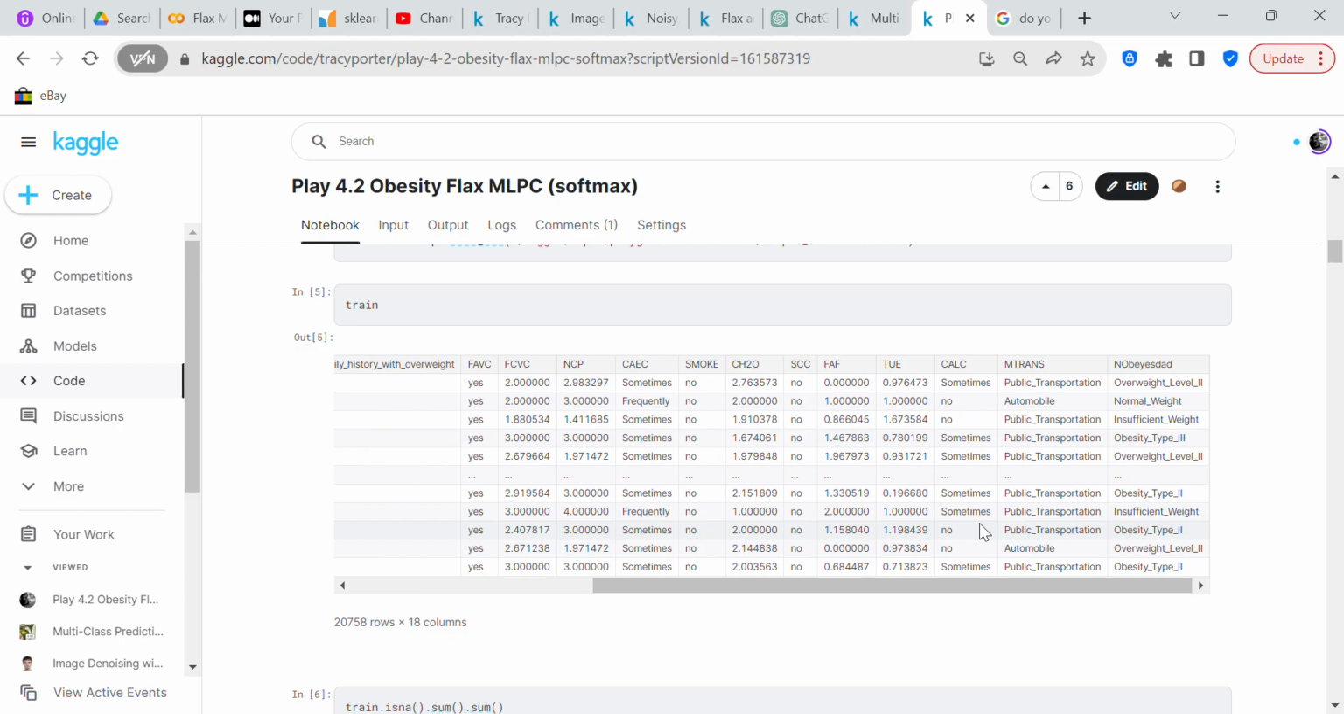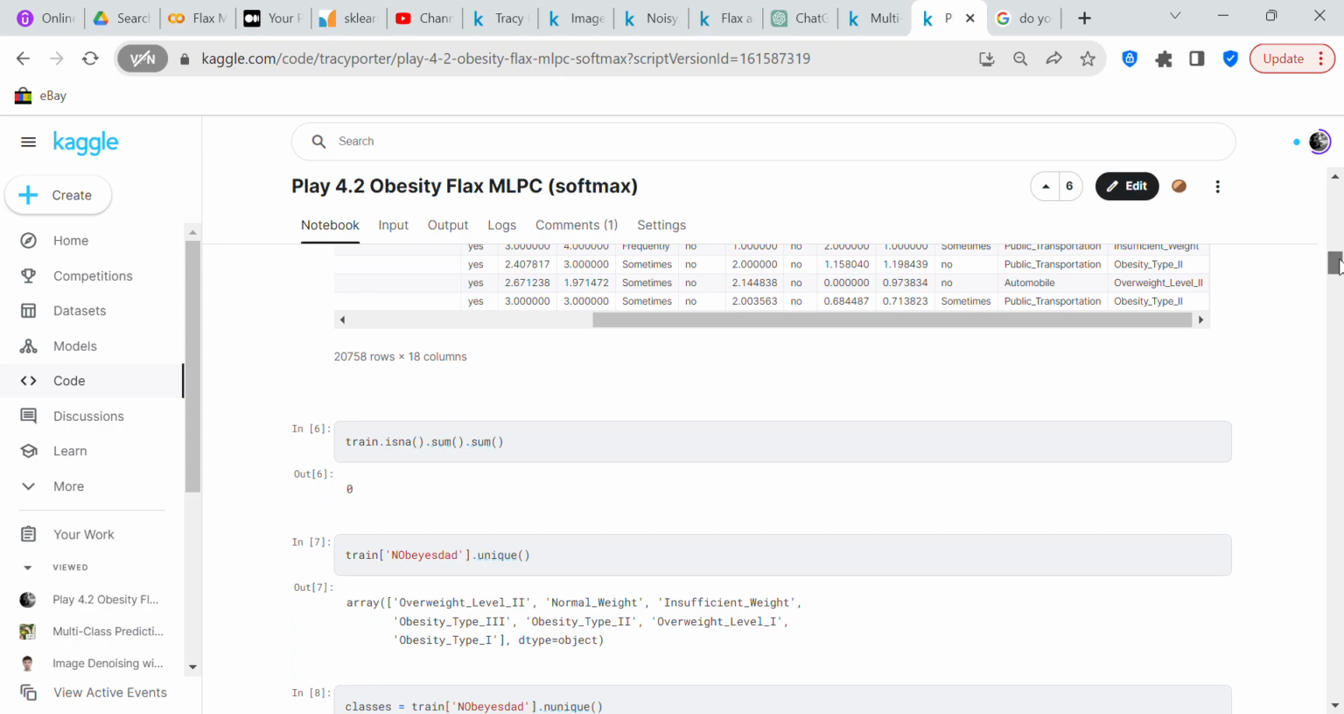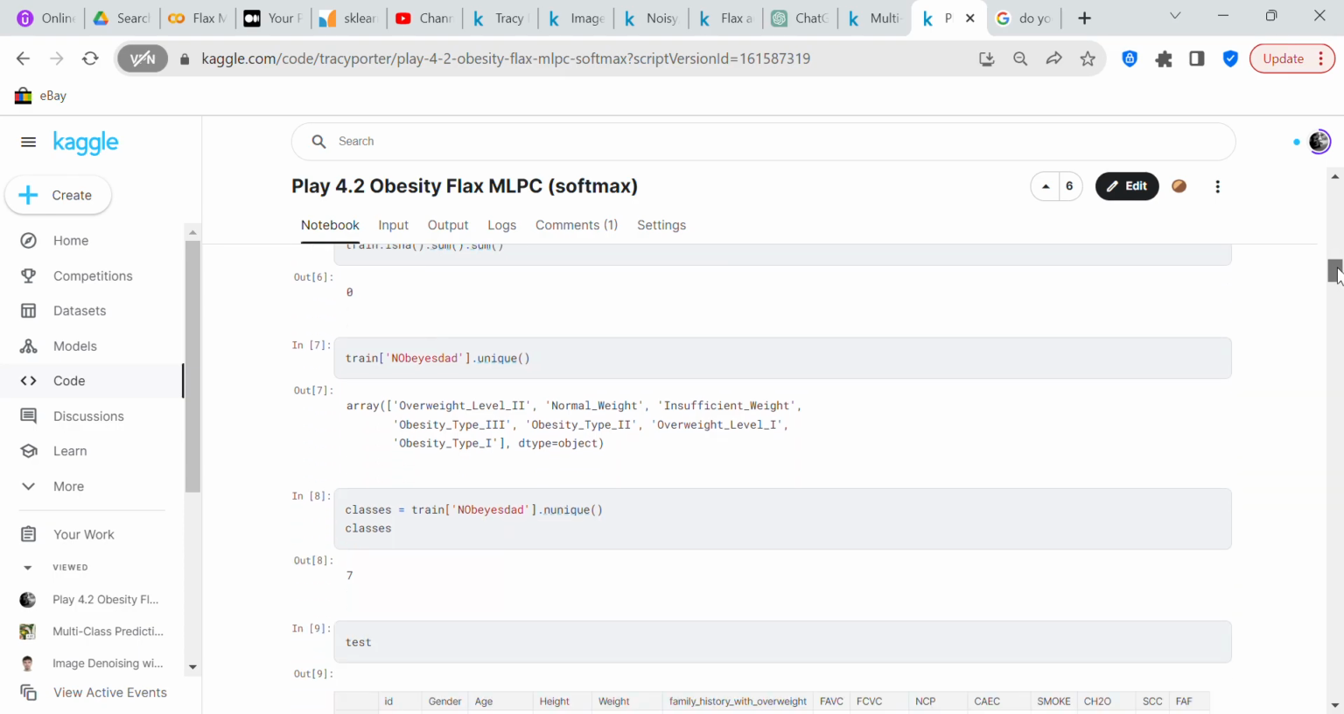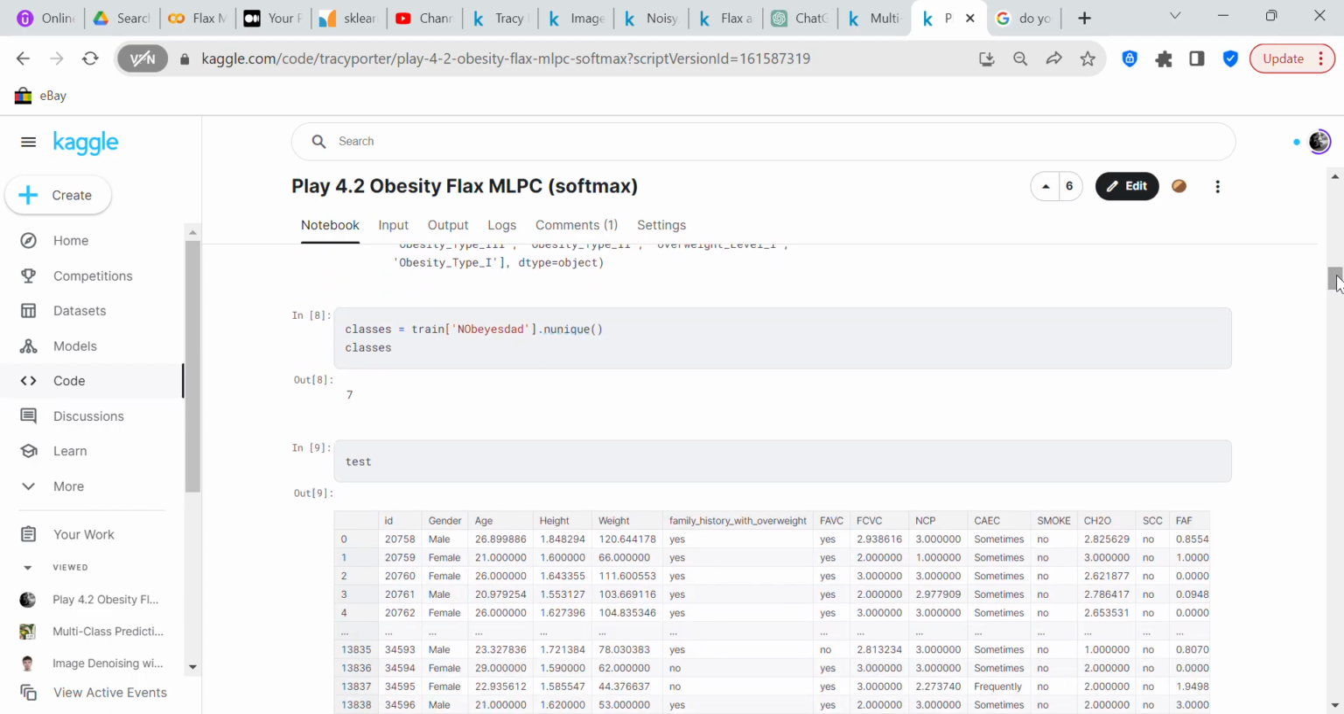And that's going to be your target in the test data frame. We check to see if we have any missing values. We don't have any missing values, so that's good. That means we don't have to impute anything. We want to see the unique values in the target, and you see these are the unique values in the target, and then we also want to see the number of unique values in the target,